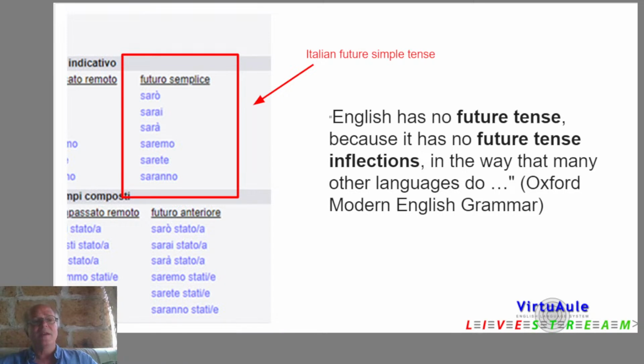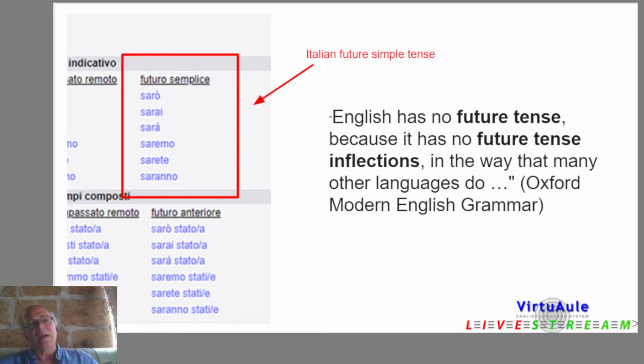So we have a type of root, and then the root is modified. Each modification is given for a person. So I, io sarò, tu sarai, you will be, lui or lei sarà, he or she or it will be,